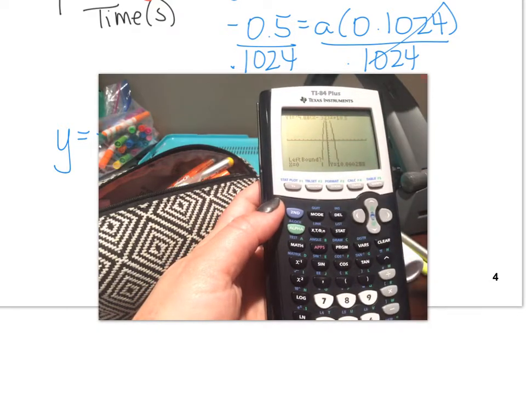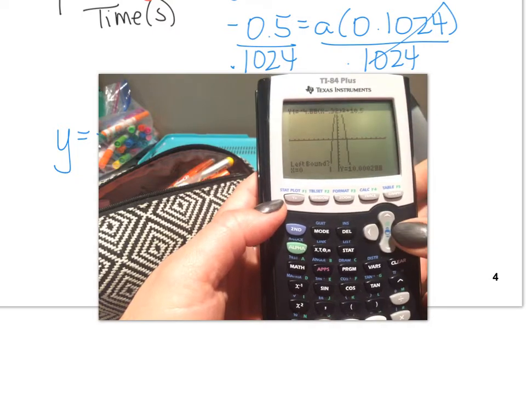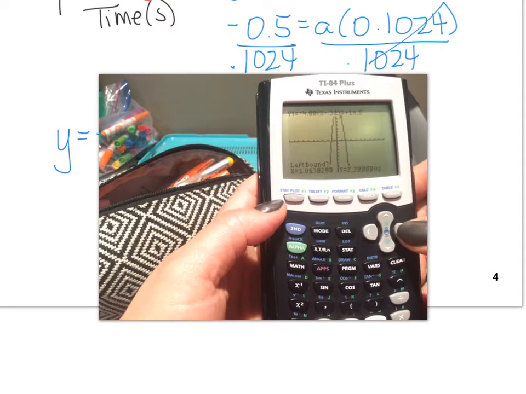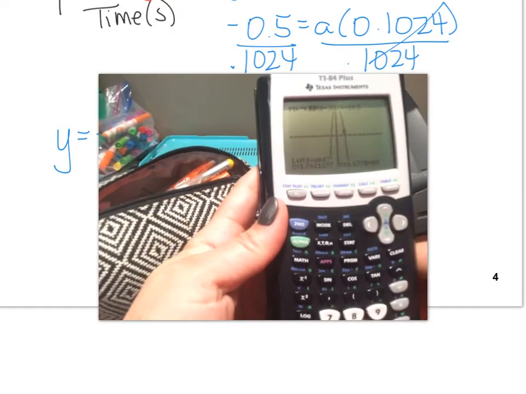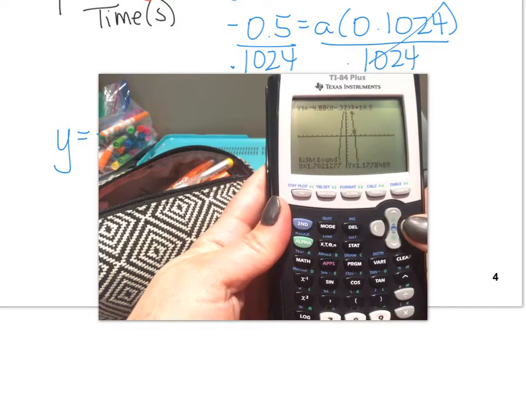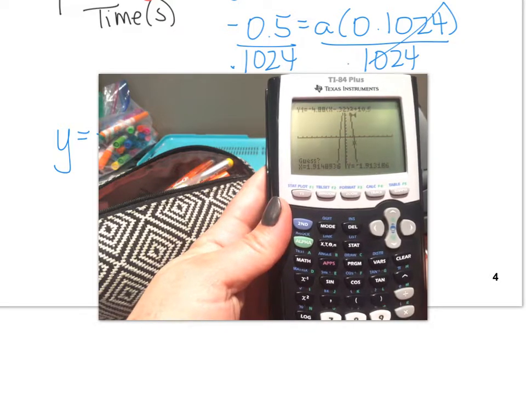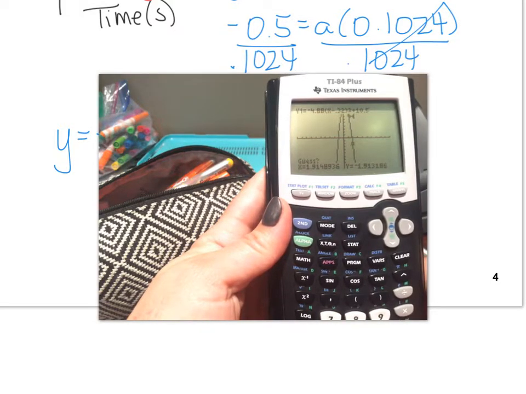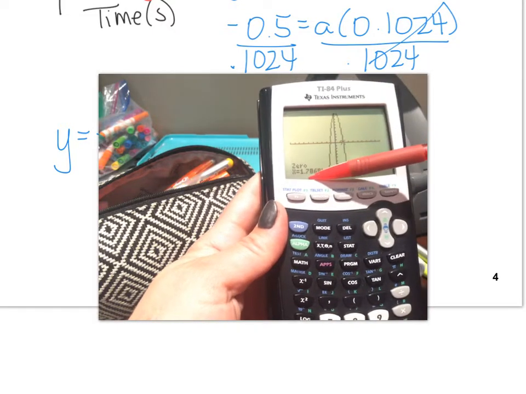And we want the left bound of that point right there. So I'm going to move my cursor. I don't even know where my cursor is. There it is. I'm going to move my cursor to somewhere above the x-axis, right there. I'm going to hit enter. I now want the right bound, so I'm going to go below, and I'm going to hit enter. And then I want it to guess, so I'm going to hit enter. And we get an x-intercept of